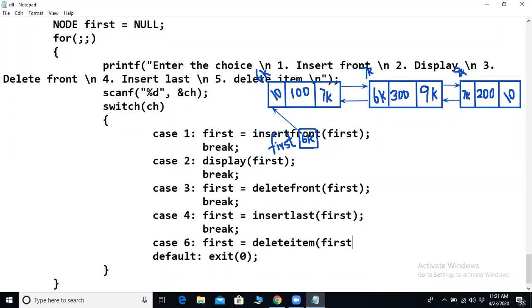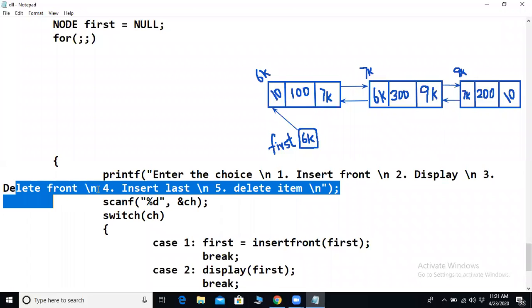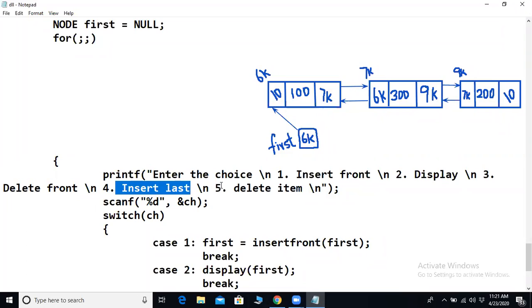We are going to pass first as a parameter to that function. Then let's put a break. I'll just make a change here. One is for insert front, two is for display, three is for delete front, four is for insert last, and five we will keep for delete last.